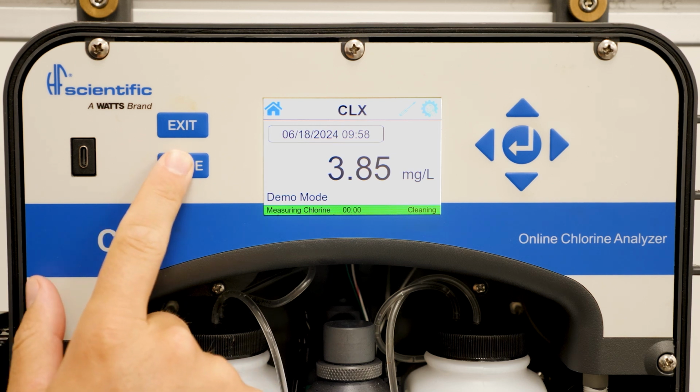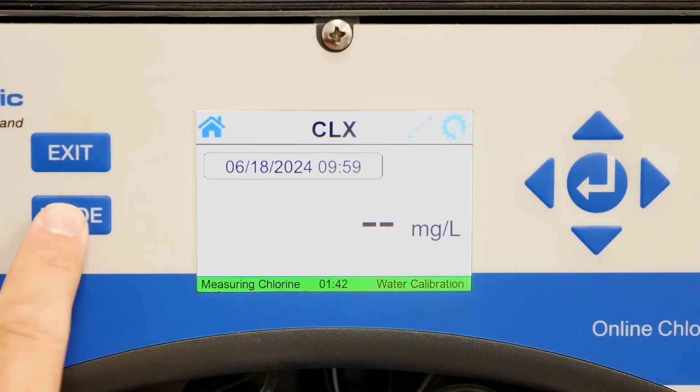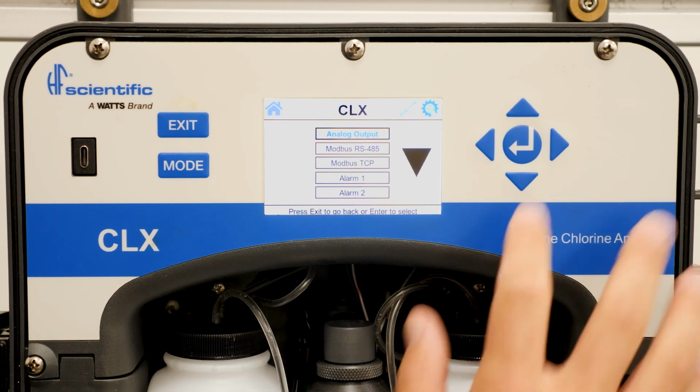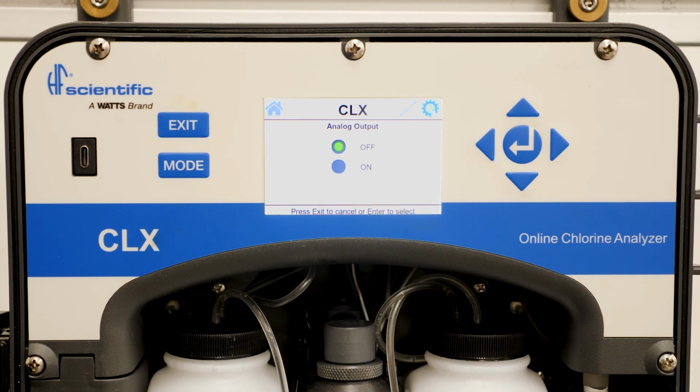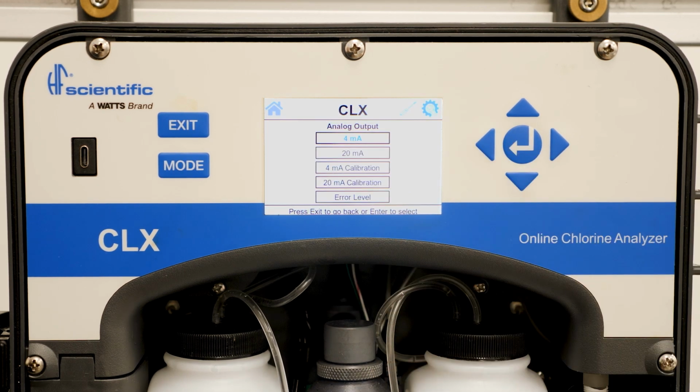The configuration menu has also been updated on the newest version of the CLX. By hitting Mode twice from the home screen, you will be presented with all the options in the configuration menu. Analog output allows you to toggle the 4 to 20 signals on and off. Toggle to on and hit Enter to get to the screen where you can adjust the 4 and 20 milliamp